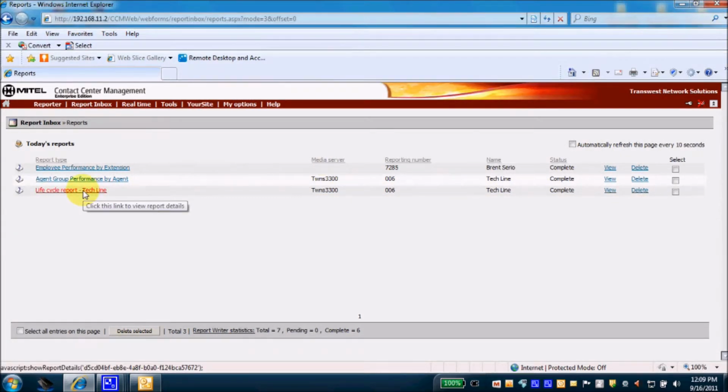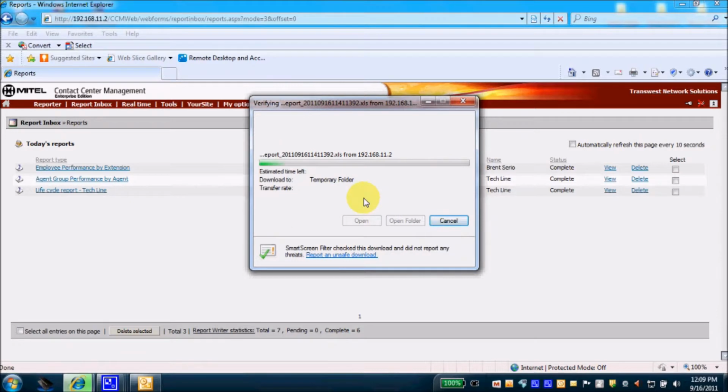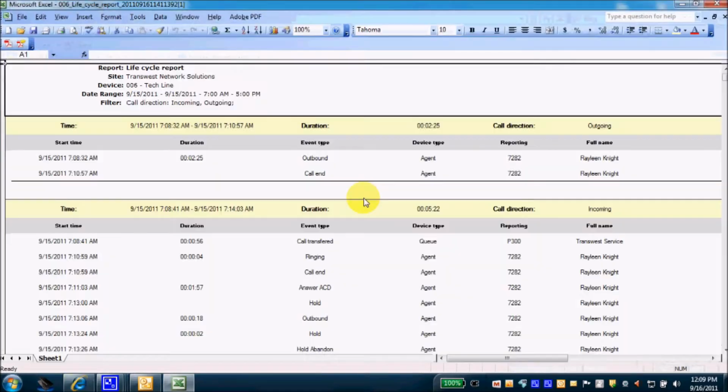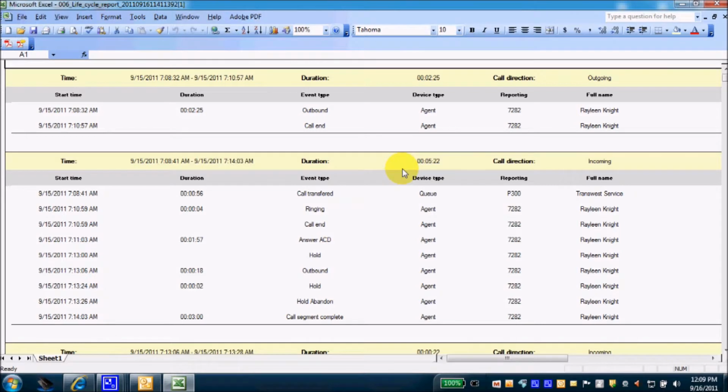Here I ran a lifecycle report for our tech line. Let's take a little view of that, kind of a cradle to grave kind of thing. I opened this a couple minutes ago and I saw something a little bit interesting when I was viewing this particular point with one of our agents. Let's see if we can find that one. I think this is it right here. It was called